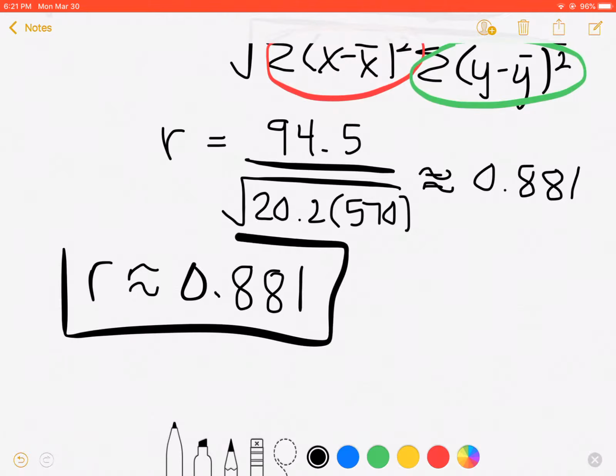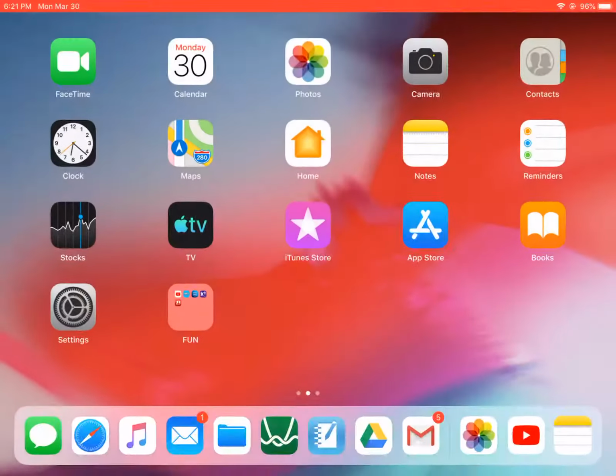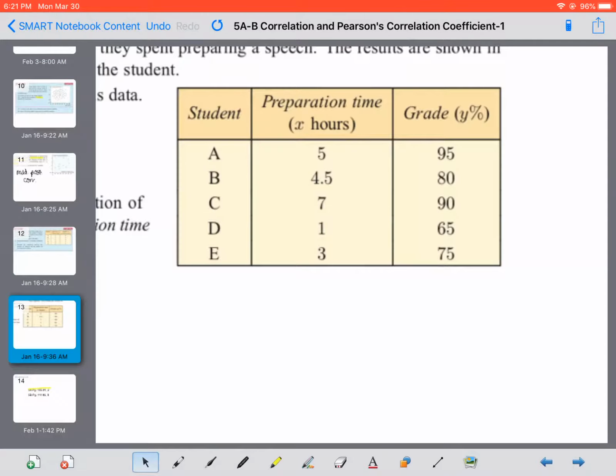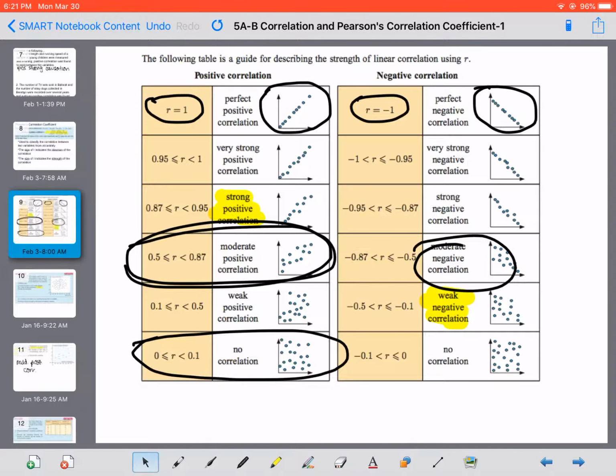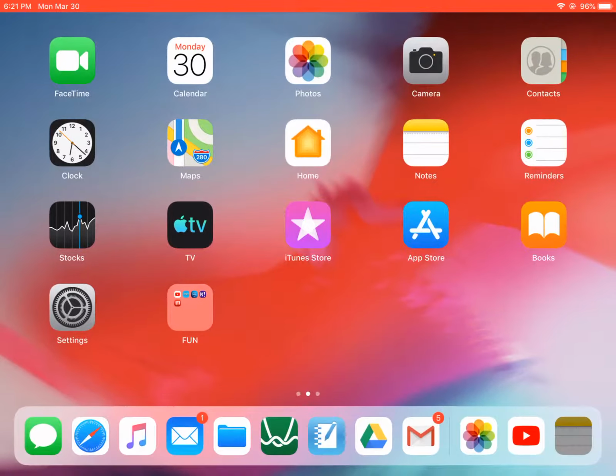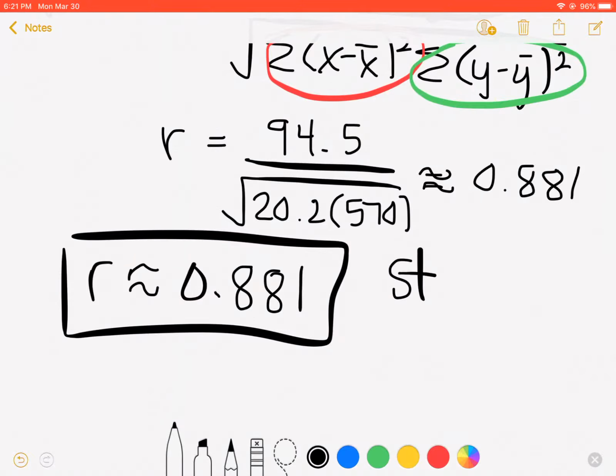And 0.881, if we go back to our table, falls right here. So we're going to say that this is a strong positive correlation. So there is a strong positive correlation between the amount of time you spent on your speech and the